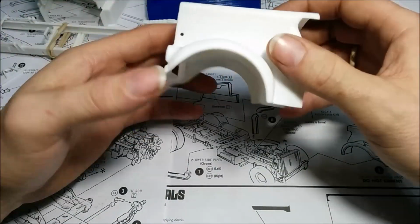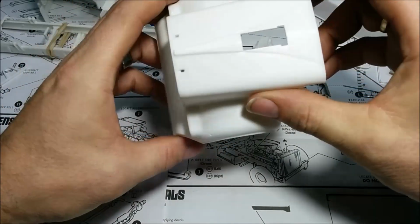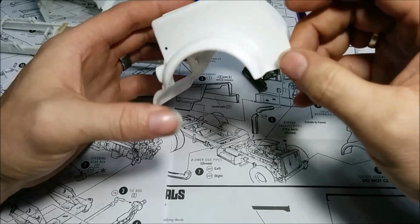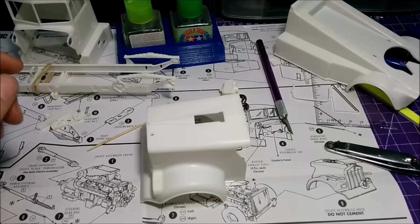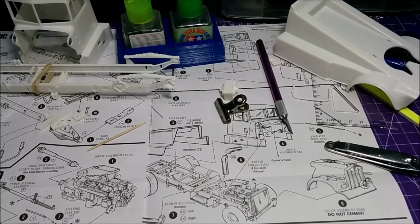Same thing on the hood here. I've got to clean it up. It's dirty from my hands, but everything here is slightly sanded, so I've got to go through most of everything and sand all that properly. So now that I've got all that sanded out, as far as I'm going to go at the moment,